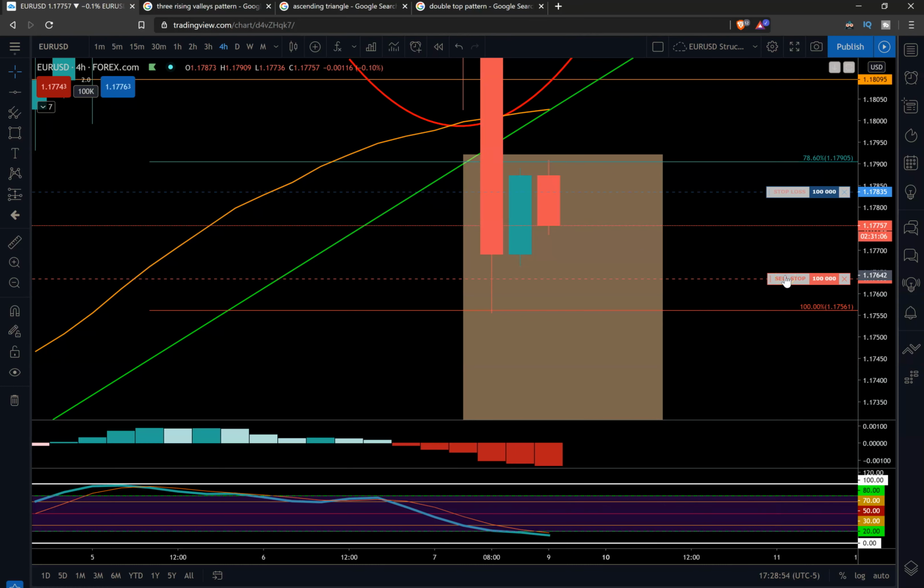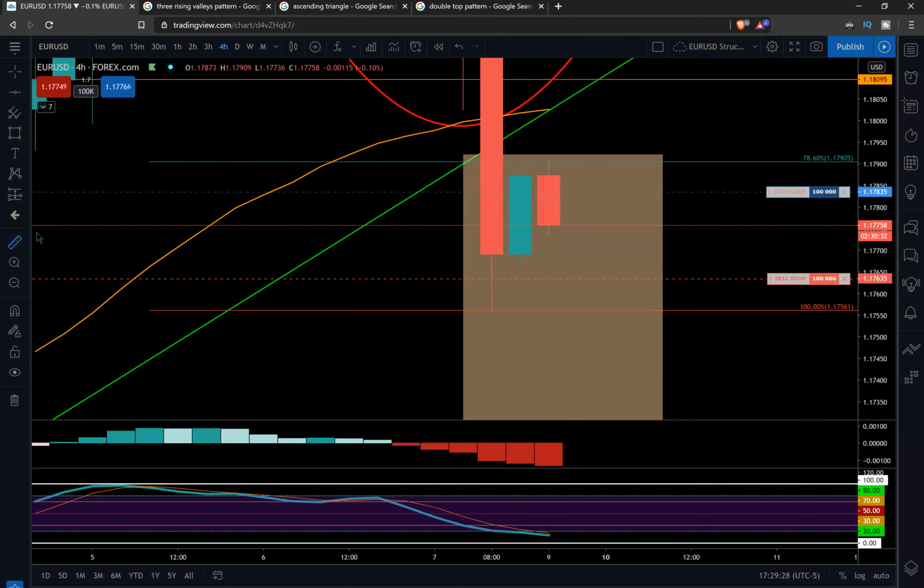In an ascending triangle pattern, I would put my sell order just below the candlestick that closes outside of the pattern. So right now, this is about right there. I've got my sell order about 2-3 pips outside of